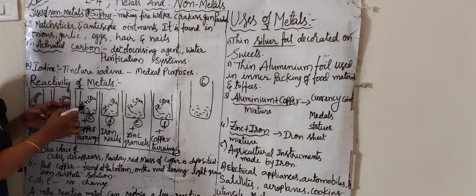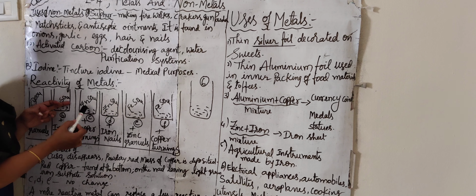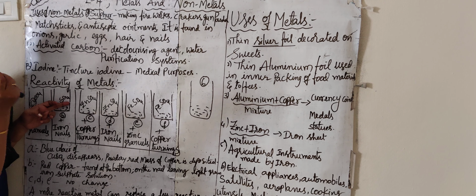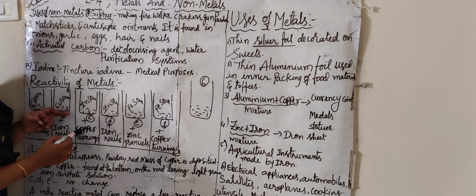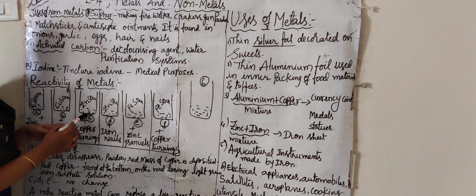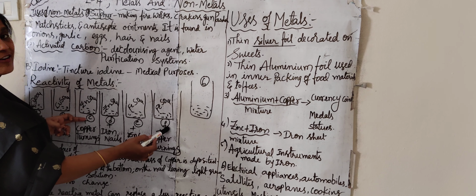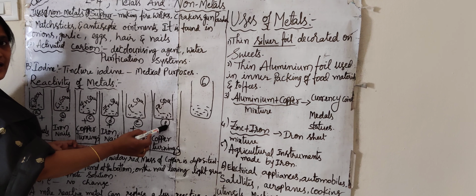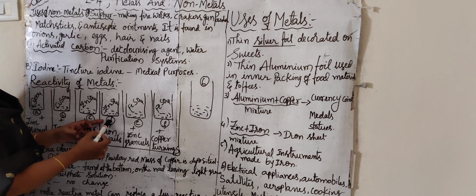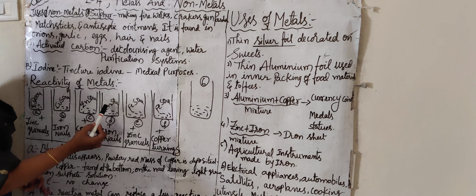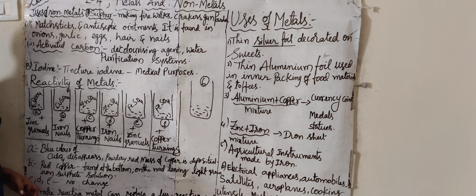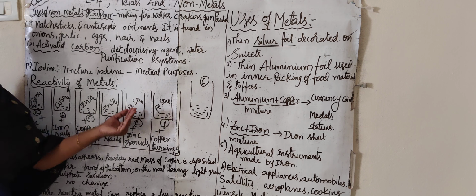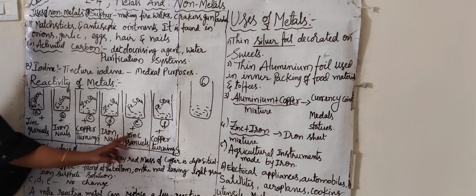Next, for the zinc sulfate solution in C, you take the copper turnings. Copper turnings means pieces of copper metal. Put the copper turnings in beaker C and beaker F. Next, in D and E, you take the iron nails and zinc granules. Like that, you must add these to each beaker.